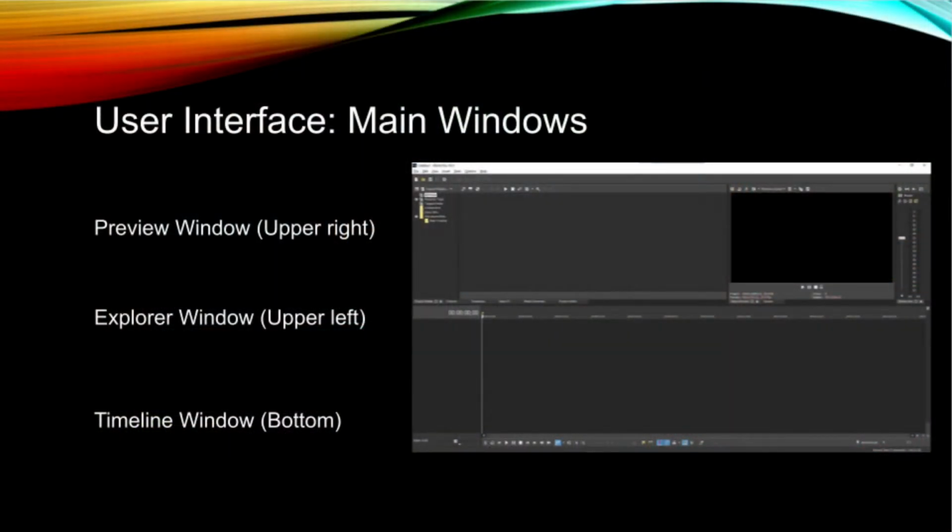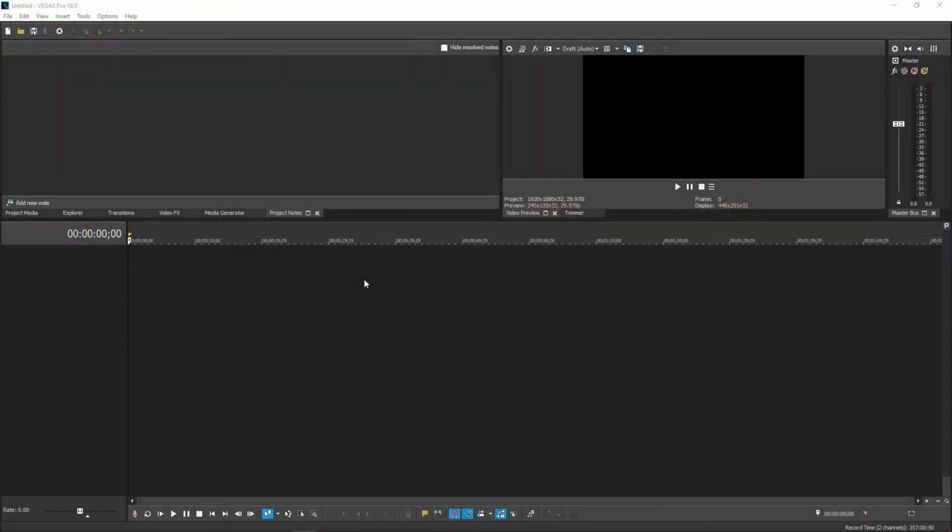For now, we're going to take a look at where your basic windows are in Vegas 18 and what each of them does. These right here are your three main windows that you will be using when editing videos. Here in the upper right corner is the preview window.